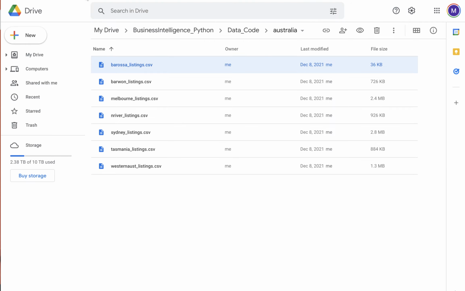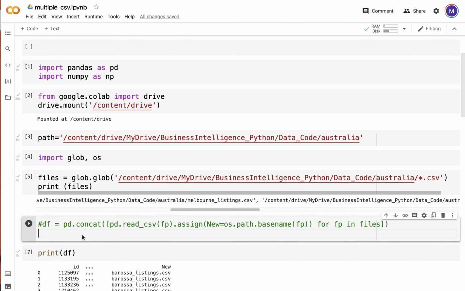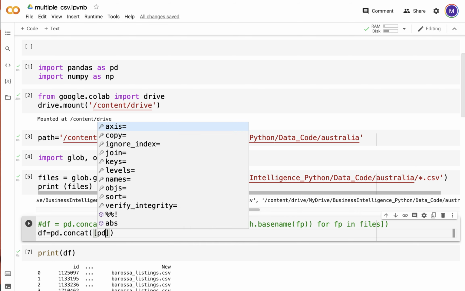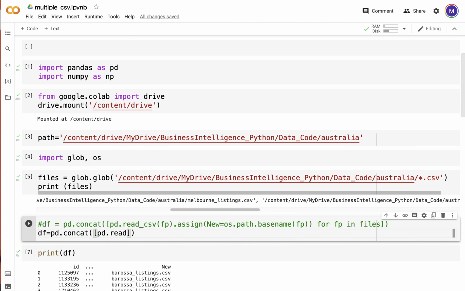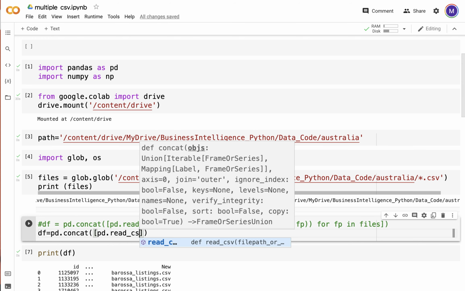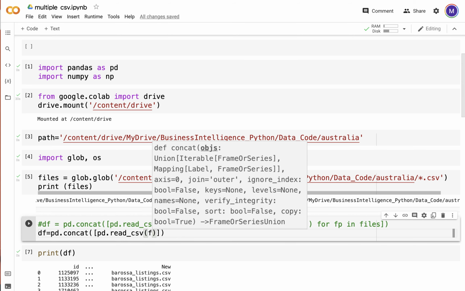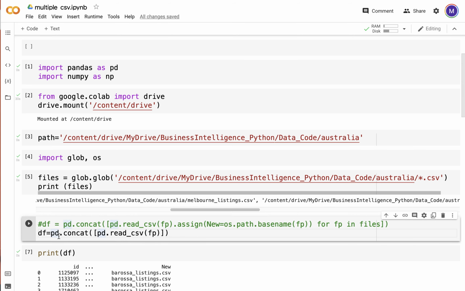Now we have to combine these multiple CSVs into one data frame. I create a variable df, pd.concat. I call the function concat, pd.read_csv, fp, dot assign,